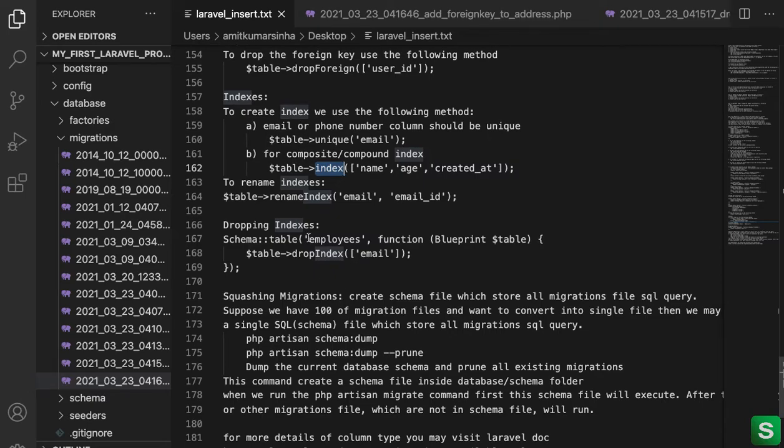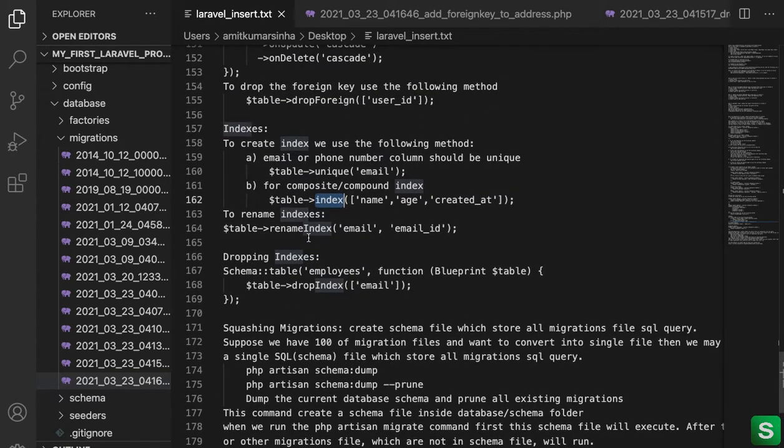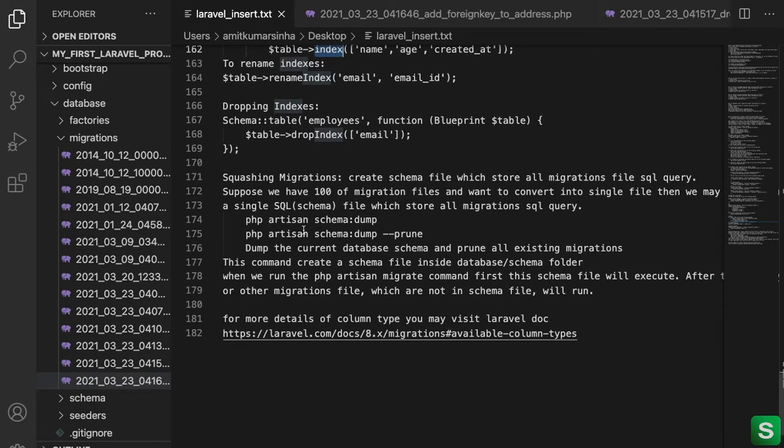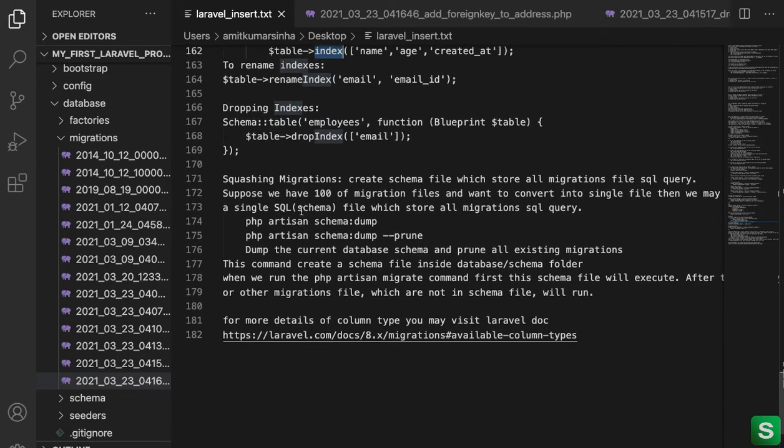Okay, if our requirement is much more complex, then we are going to use this kind of stuff. We can also drop the index. Finally, if we have done all the things, we can dump our schema into one file, so it will be easier to handle.